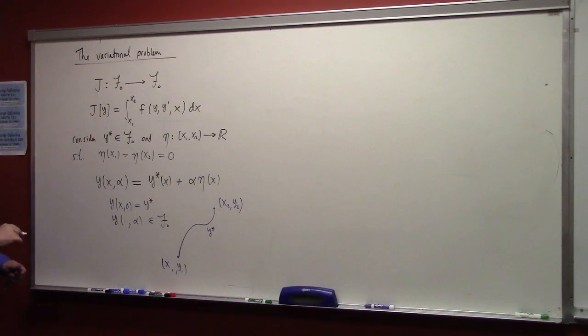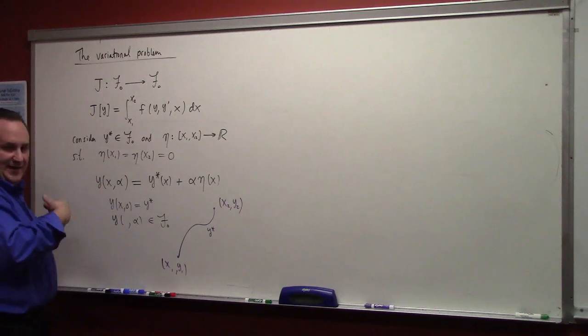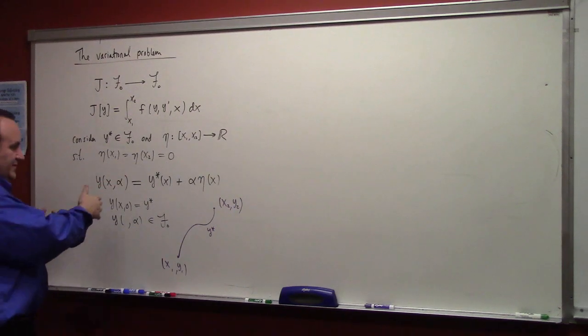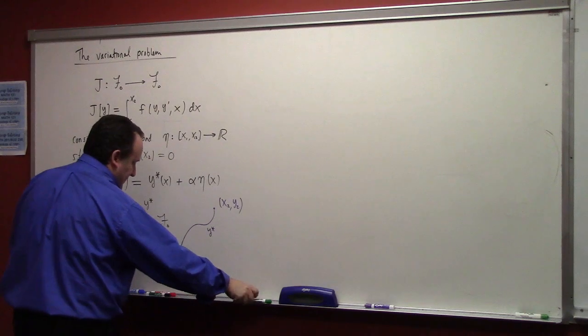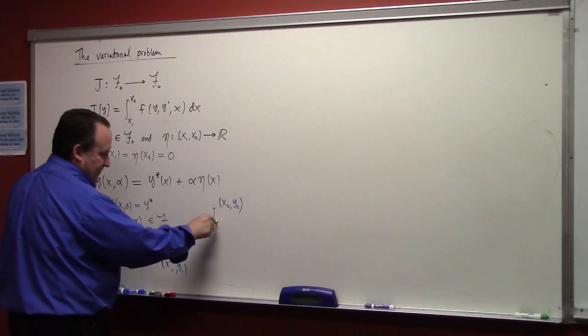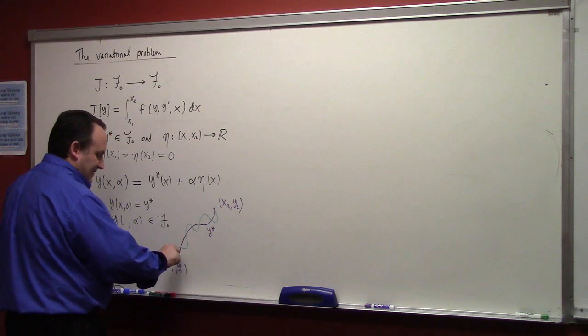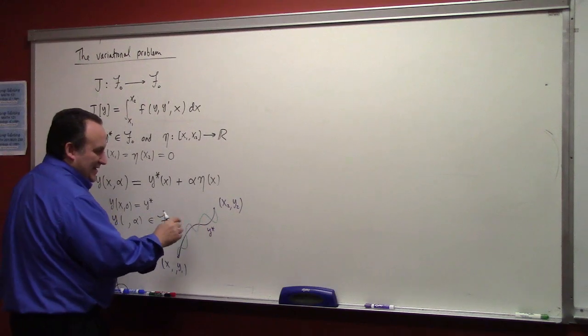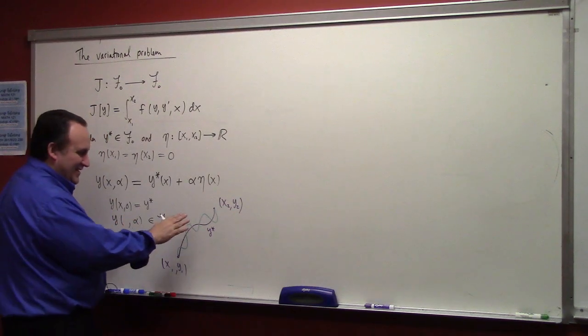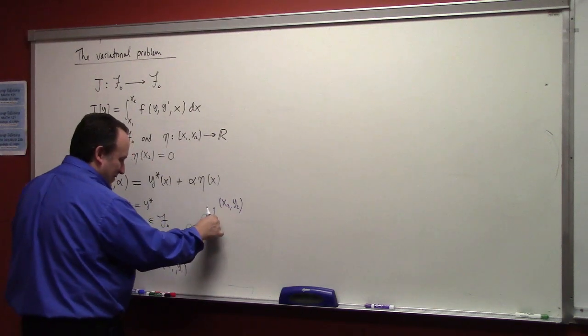But as alpha varies, you're adding this eta function, alpha times eta, and so you can envision it, I don't know what it looks like. It could do some wacky thing, but it comes back. Let me not commit to that picture, because if I try to draw an indexed family of this, it's going to be hard for me.